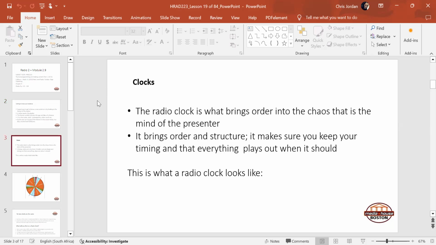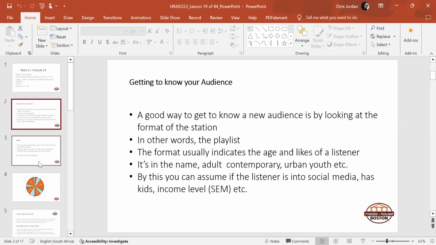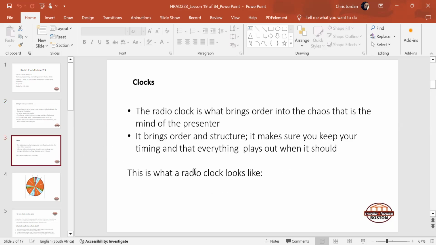So, why is the clock now all of a sudden mentioned here? Why do we bring up the clock? Because the clock is constructed in ways that will serve these particular audiences within the format that dictates the music that's going to be played from our libraries. And so the radio clock will also then include the consistency and